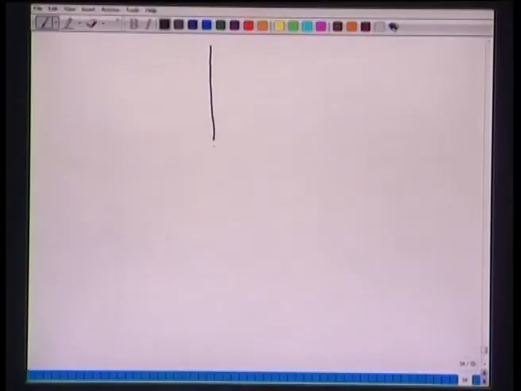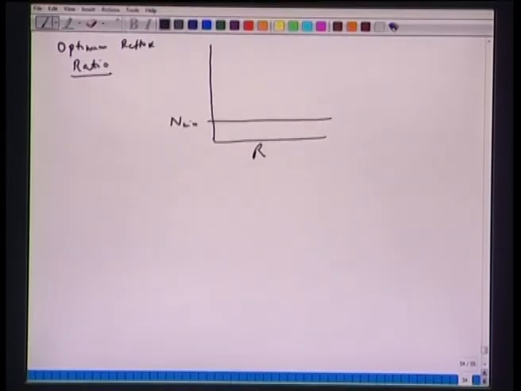So, if you plot reflux ratio R to address this optimum, you can see that if you increase the reflux ratio, it goes to infinity, very large, and we have the minimum number of plates. So, that is one limit, and there is an R minimum where we require an infinite number of plates. So, we have a shape like this, okay.